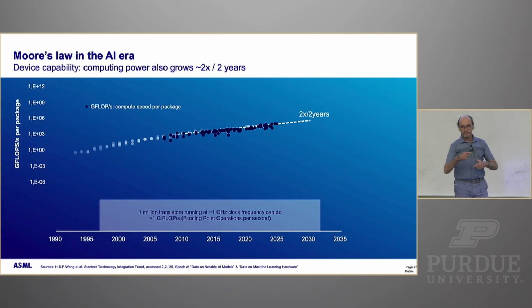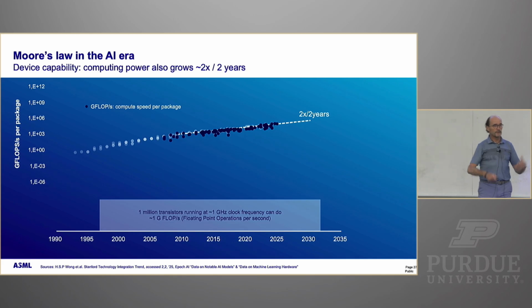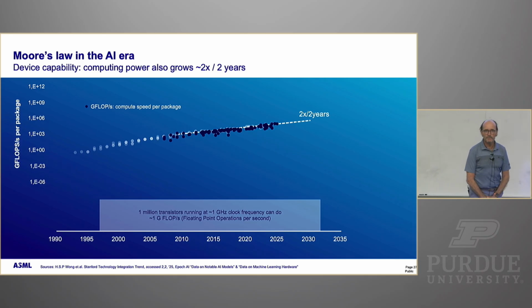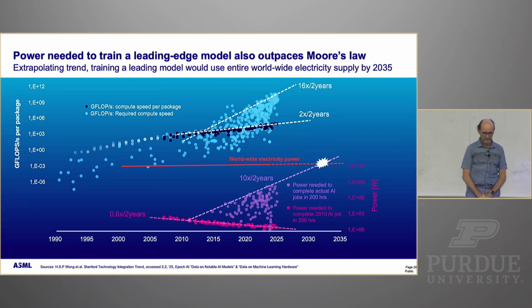Meanwhile, Moore's Law, we've just gone through 50, 60 years of doubling every 2 years, and we've seen how incredibly powerful that is. So doubling 2x every 2 years, that's incredibly powerful, right? Yeah, you know what? It's nothing. Because the appetite in AI is much steeper. The AI has an appetite that is going up by 16x every 2 years. And from the hardware that we're producing, we can only give you 2x. So we've got a problem.